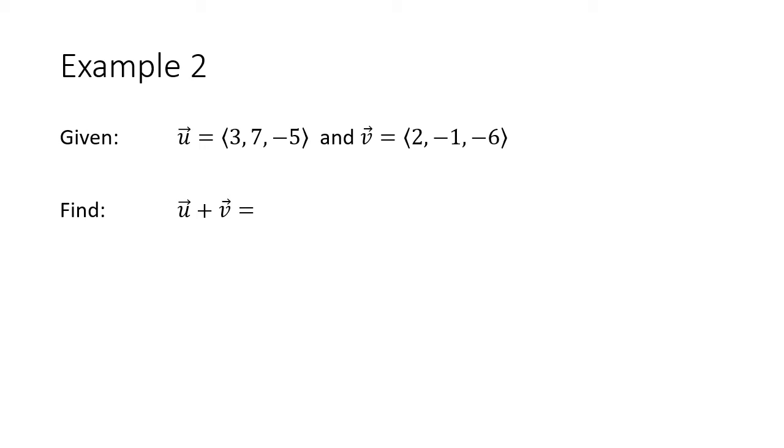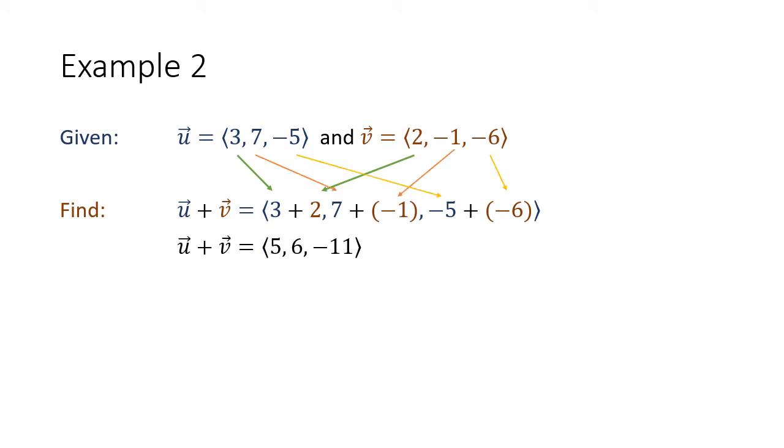Now, to actually do this mathematically, to add 2 vectors is incredibly easy, because all I need to do to add 2 vectors is essentially add their components. So if I have vector u in blue and vector v in brown, and I want to add them together, u plus v, well, take their first 2 components, the 3 and the 2, and add those together, 3 plus 2. And then do the same thing with all the other components, the 7 and the -1, the -5 and the -6. Add each of the components together, and so u plus v should end up becoming 5, 6, -11,